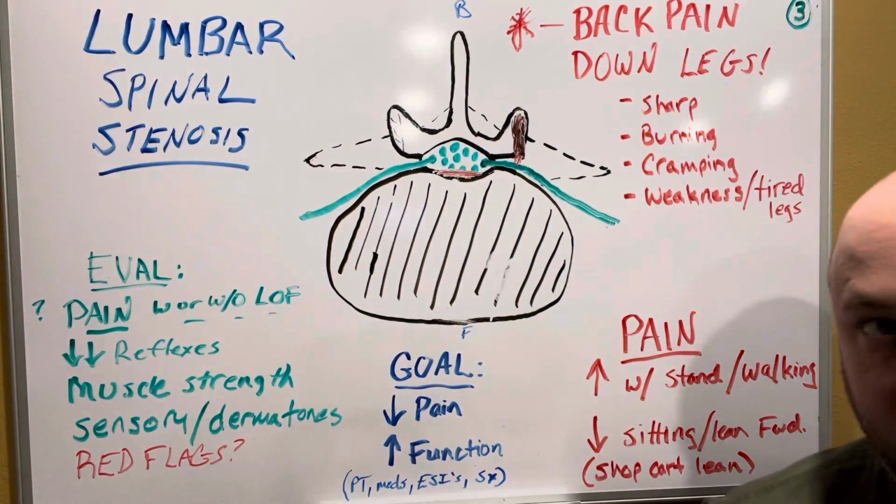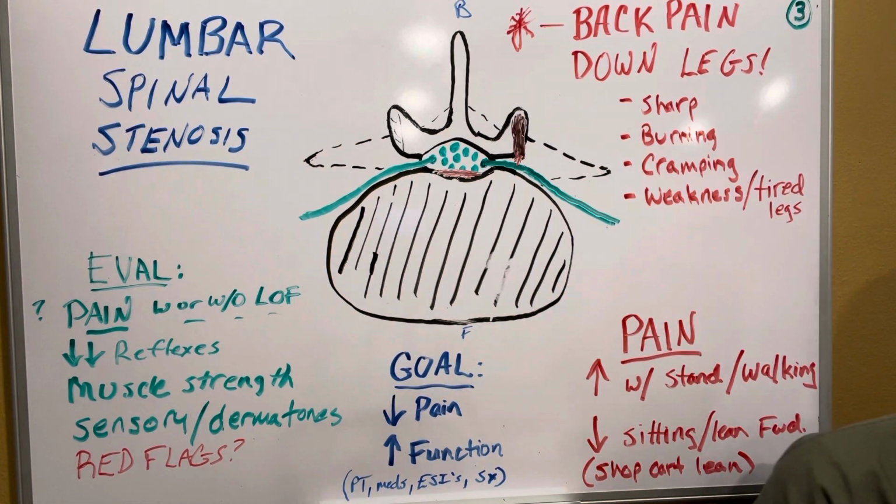So typically when people come in complaining of lumbar spinal stenosis pain, they're having pain in the back with standing and walking. The pain radiates down into the hips, down both lower extremities. The pain is worse with standing and walking, decreased with sitting. Common